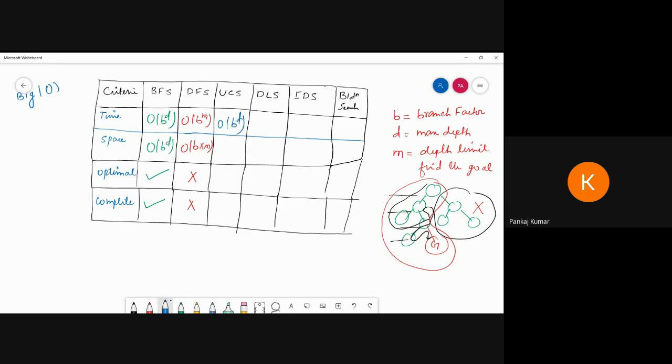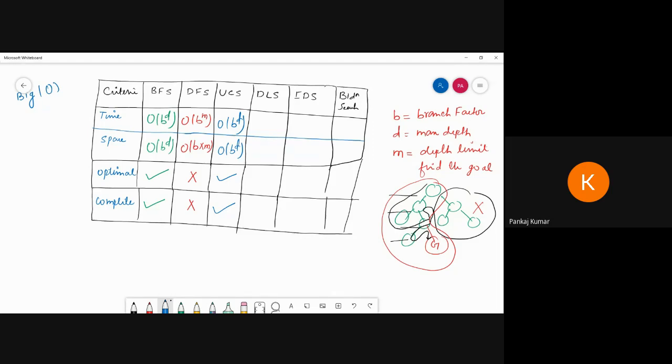So it will be explored. That means it will take space as the same, because it can explore all the branches with all their limits. So uniform cost search is optimal. The question is, is it optimal? Yes, because it always finds the smallest cost. Is it complete? Yes, always complete, because we are talking about the cost not being infinite. So it will be optimal and complete.